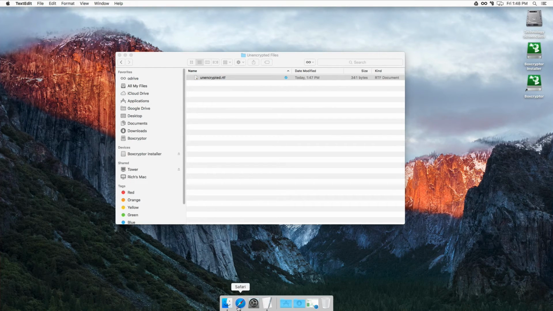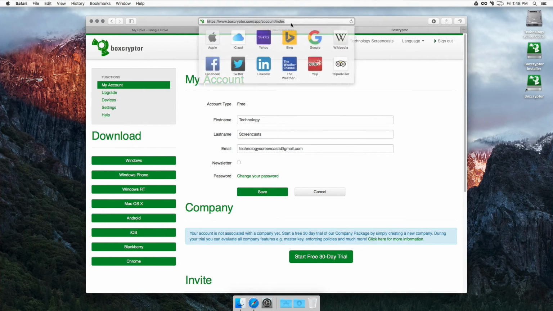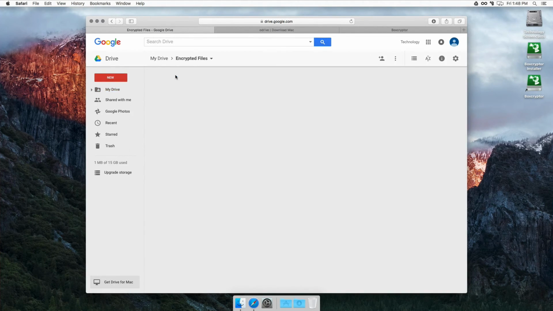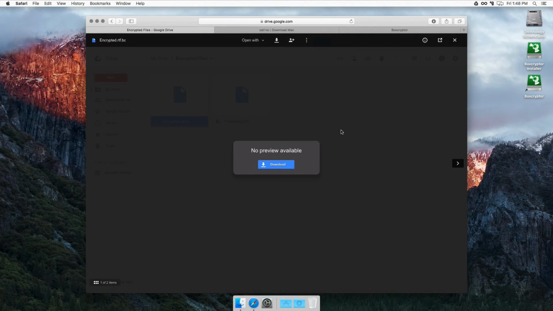And we can go over to Drive. I have Google Drive already set up here. We go to encrypted files. And as you can see, I can't view the file because it's encrypted. Okay, well,